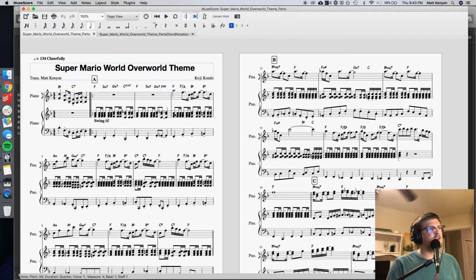The signature motif is this motion right here. Da da da da da da da. So that motif is actually in just about every level of the Super Mario World game. It goes through motivic transformation, some people call it, where that melody